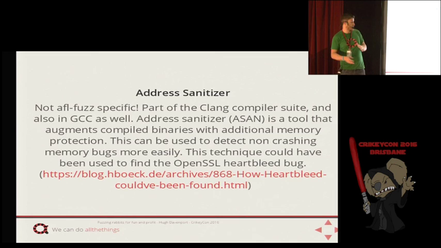So this was actually used by Hanno Böck. Hopefully I'm pronouncing that right. My German's not too good. So he used this ASAN to find Heartbleed. He didn't find Heartbleed originally, so after Heartbleed came out, he wondered if AFL could have found something like this. So he got OpenSSL, a vulnerable version, and he compiled that with AFL, and then he wrote a